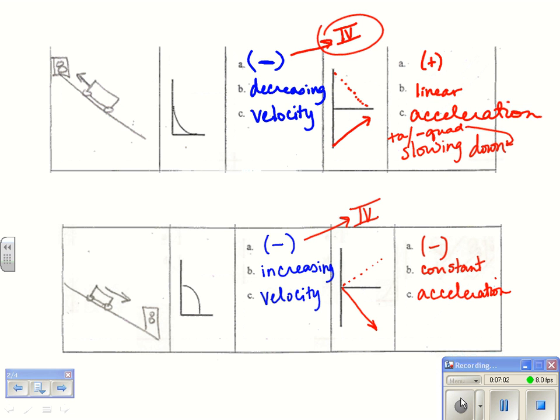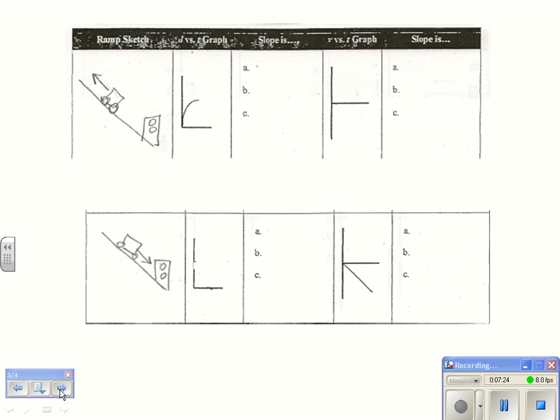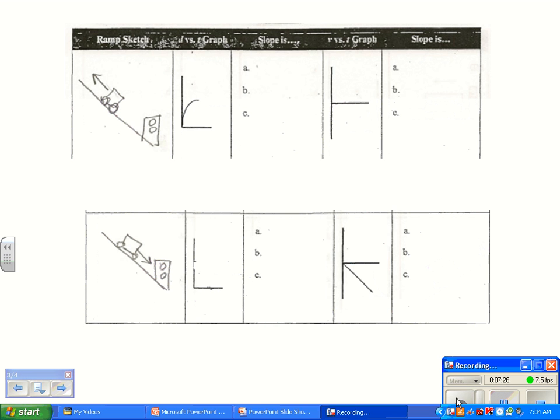Now, a negative acceleration in a negative quadrant means that it is speeding up because two negatives make a positive. So it's really important to think about what it does in quadrant 1 and then just flip it across the x-axis. All right, for this next one, we have the motion detector at the bottom and the car is